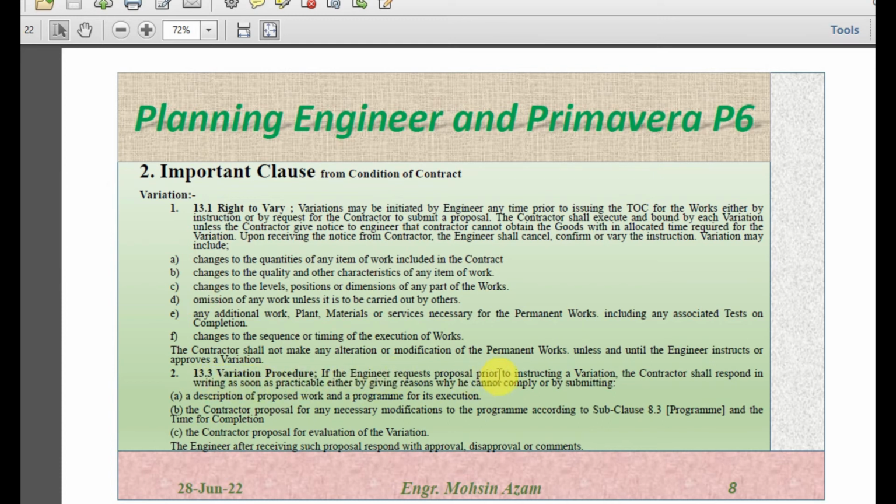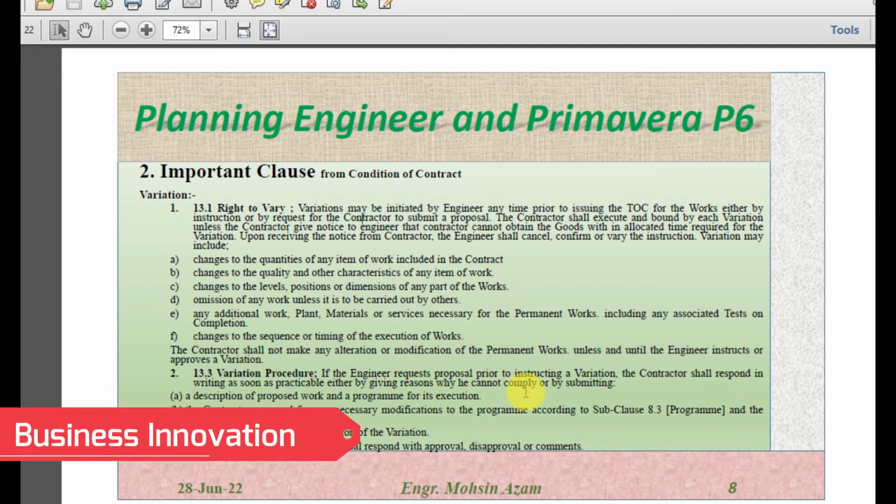If the engineer requests a proposal prior to instructing a variation, the contractor shall respond in writing as soon as practicable, either by giving reasons why he cannot comply or by submitting. So after requesting the proposal, the contractor should give a response whether he can proceed with the work or if he has any reason that he is not in a position to proceed with the variation. If he is in a position, he should submit a description of the proposed work and the program